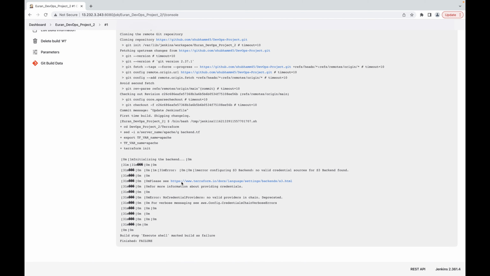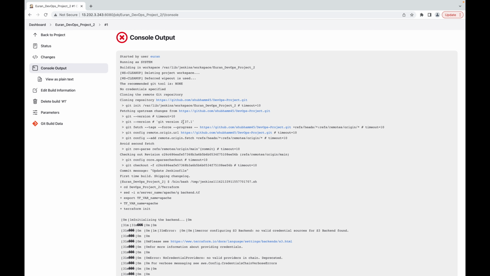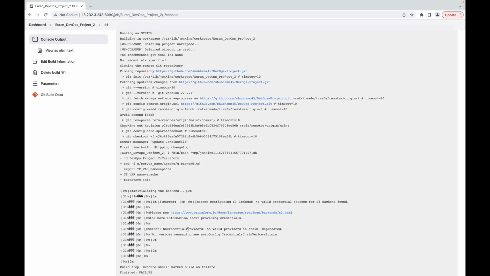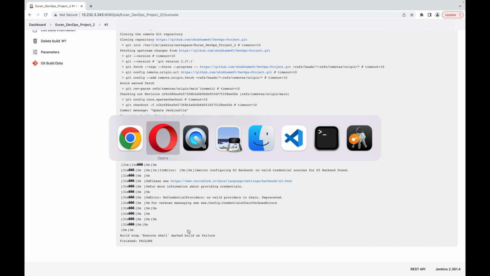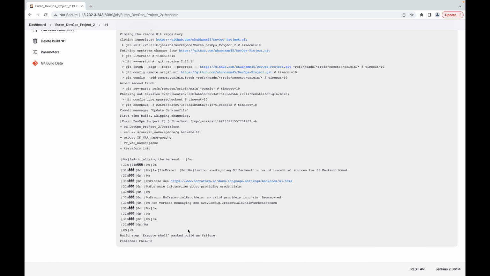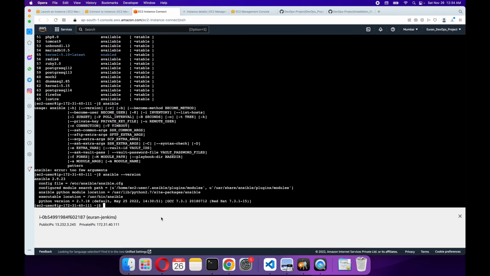So this EC2 instance doesn't have access to the AWS console. First we have to provide AWS access to our Jenkins server. To do that, we have to create one role,